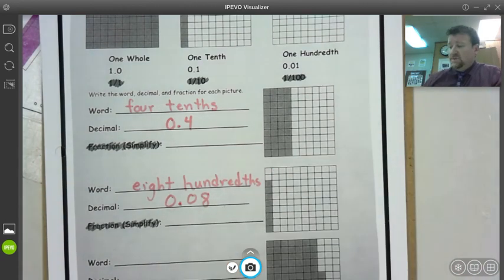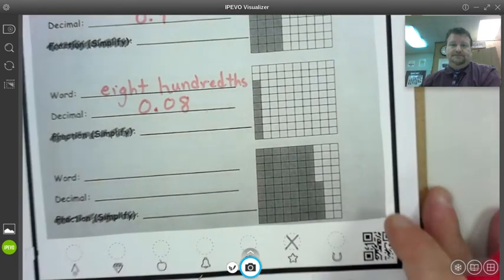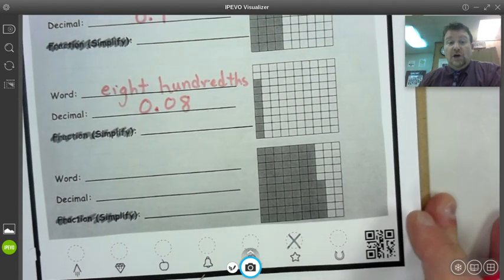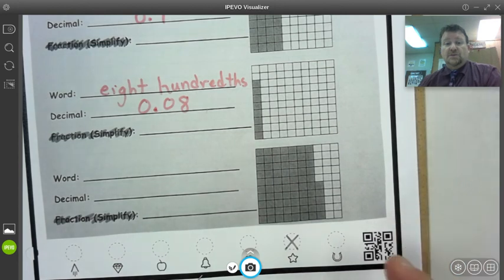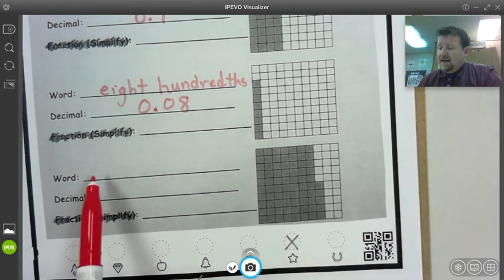I think the last one we can squeeze in is this example down at the bottom. I'm going to leave this blank and leave it open for you guys. In the screenshot when I upload this, I'm going to have the answer for you, but I want you to take a moment, see if you can count and write out the